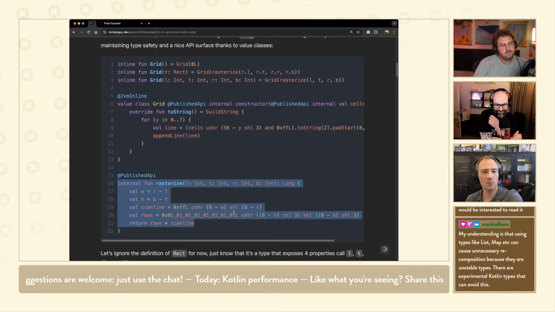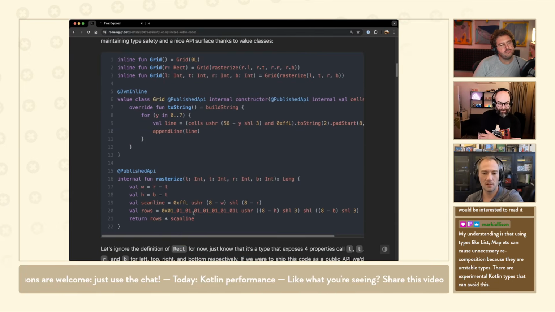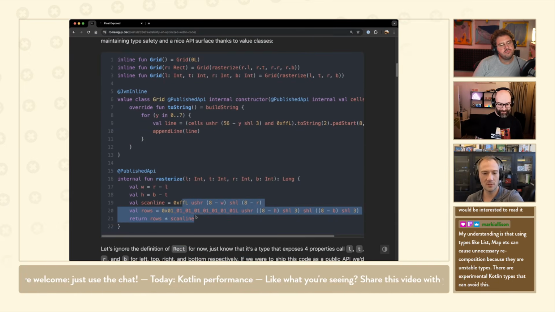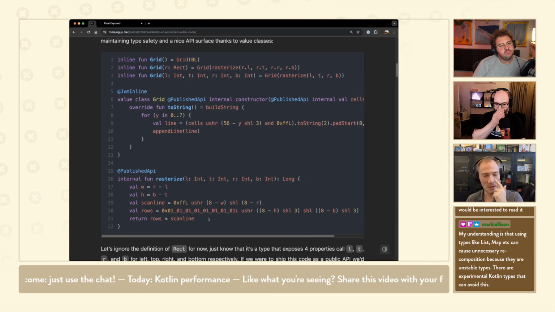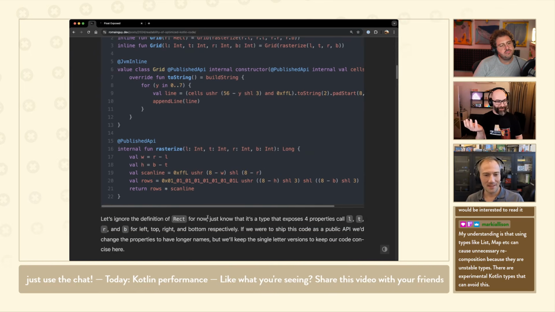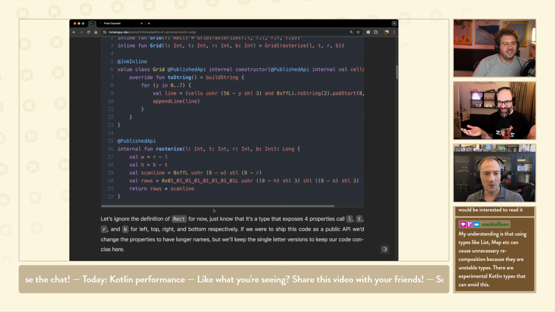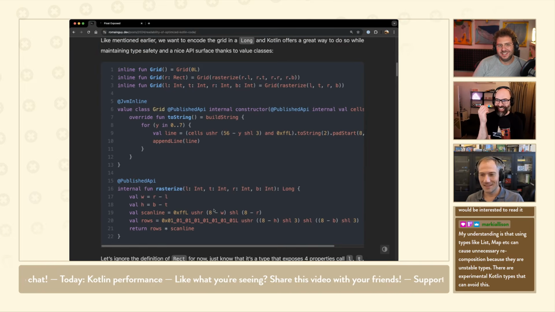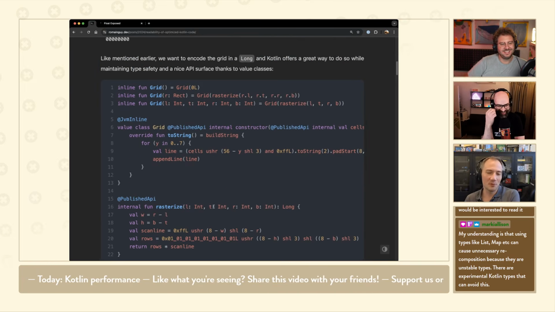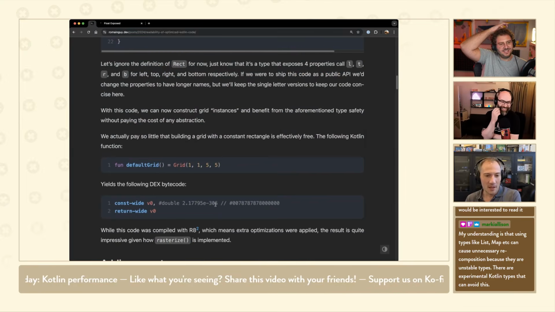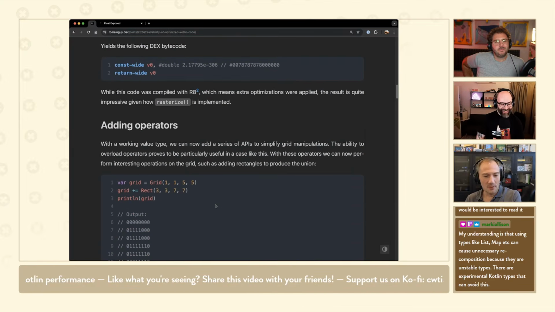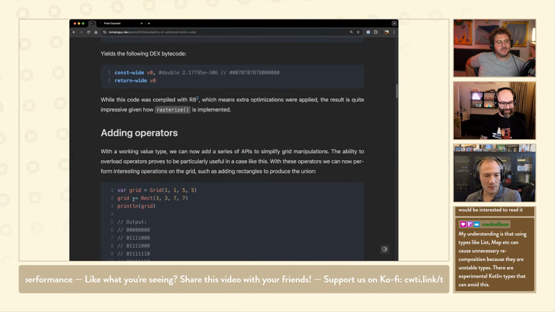That's the function that prints the grid. It's like, okay, whatever, right? It's a bunch of dark magic. Sure. I mean, I don't even know rasterize. What's the meaning? I don't even know the printed to a string in this case. Yeah, basically it's print to a string. Anyway, but what's really cool is that then we add operators and the concept of a rectangle.